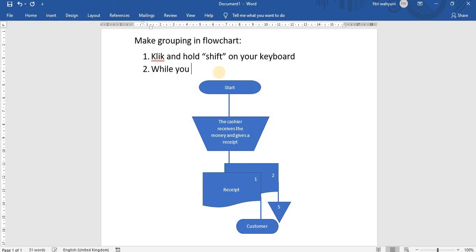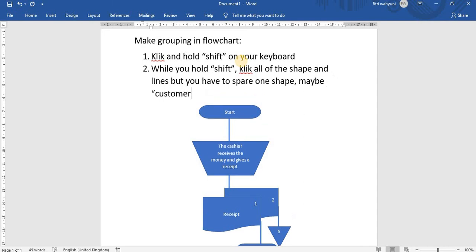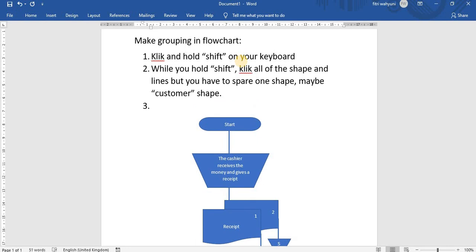While you hold shift, click all of the shapes and lines, but you have to spare one shape, maybe the customer shape. And then after you spare one,